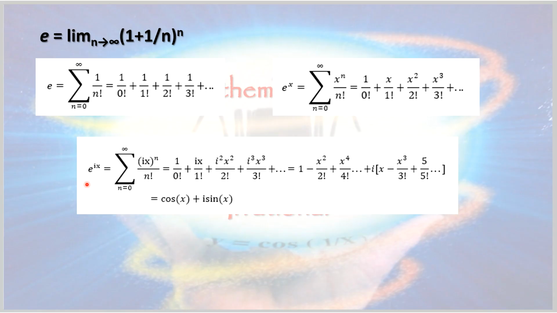Recall that complex numbers reference the imaginary number i equal to the square root of -1. So if i is the square root of -1, i squared is -1, i cubed would be -i, i to the fourth is 1, and so on. Replacing x in the e to the x formula with ix then leads to the equation e to the ix equals cosine of x plus i sine of x. The same function that can give exponential growth and exponential decay can also be used to describe oscillations in electronics